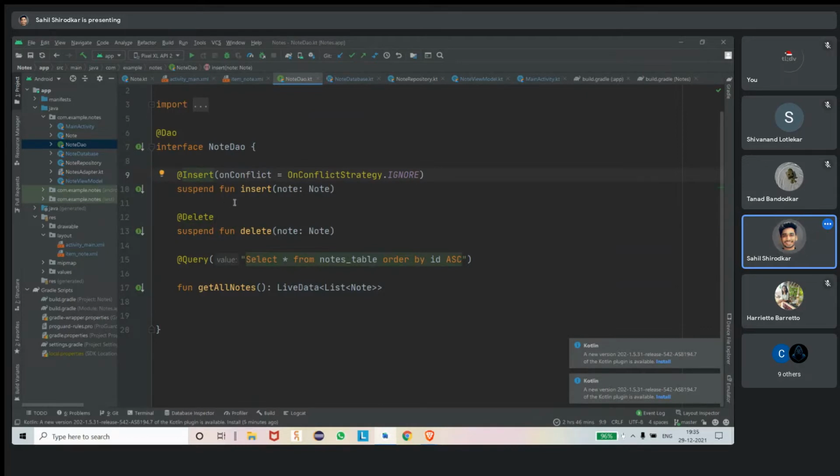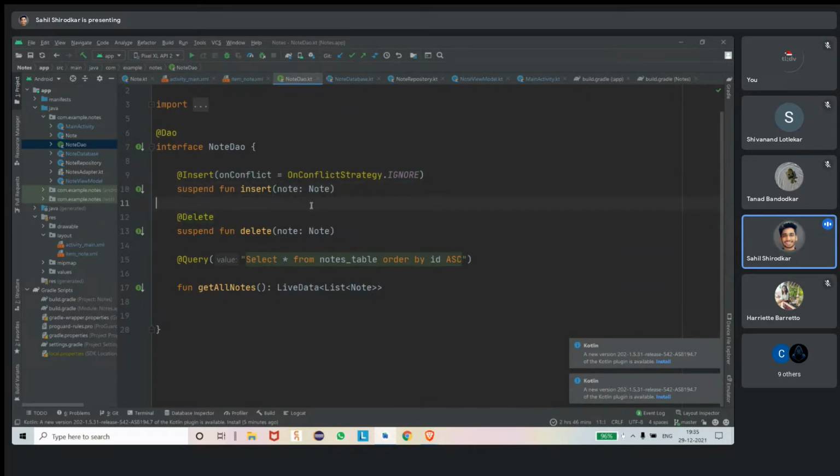If I have already stored a note as Sahil, and I'm again making a separate note called Sahil, my app should understand that I've already stored Sahil and should ignore the Sahil again. So whenever a conflict occurs, it will automatically ignore that conflict. This can happen by just writing onConflict equal to OnConflictStrategy.IGNORE.